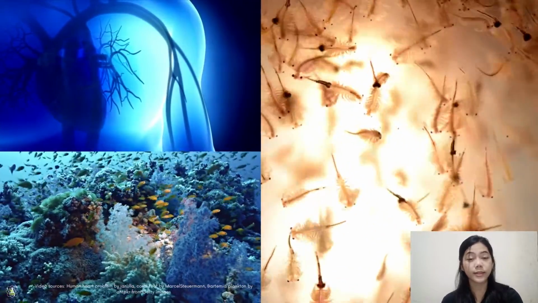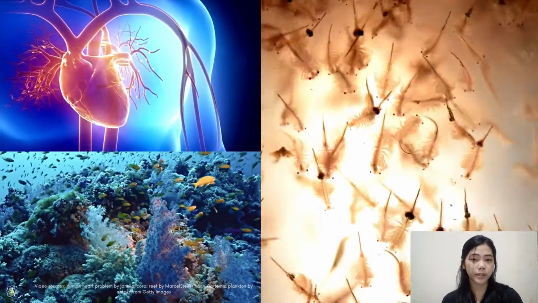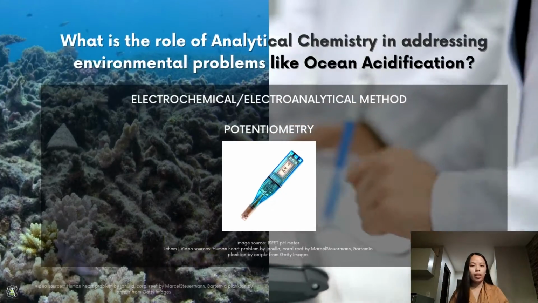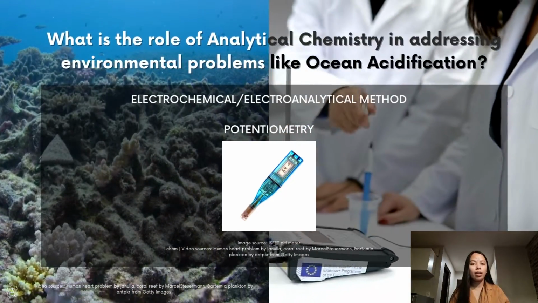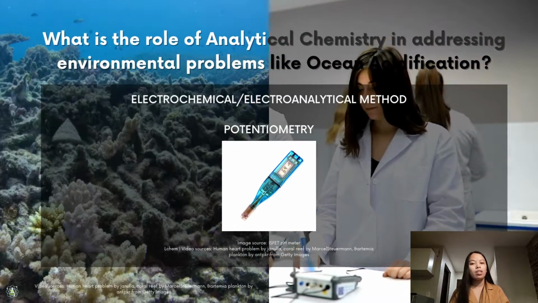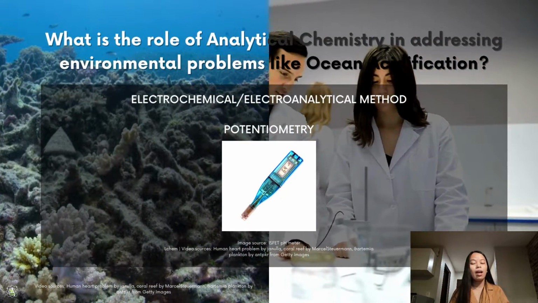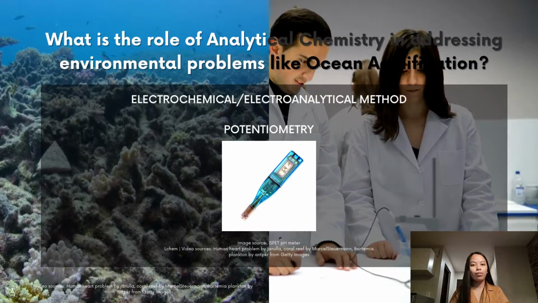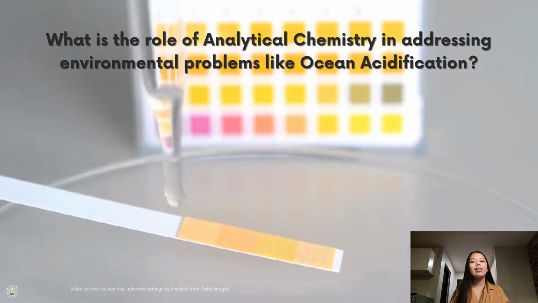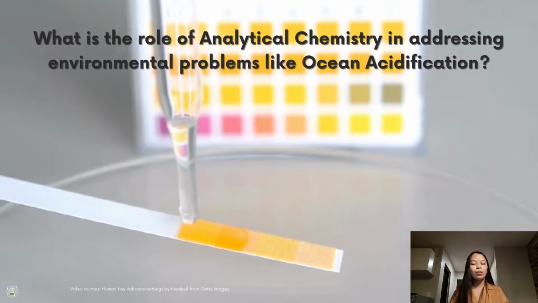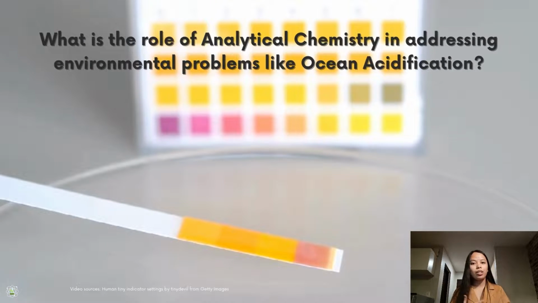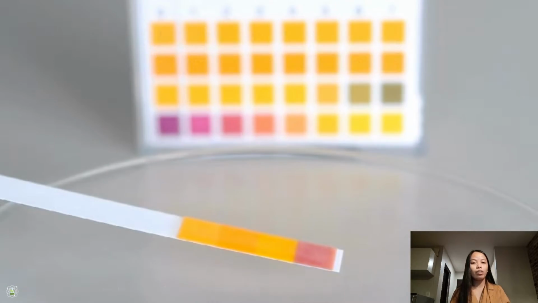But do you know how these are detected, studied, discovered, and measured? This is now where the significance of chemistry comes in. In ocean acidification, there is a method called the electrochemical method, which uses a potentiometric device such as a pH meter, specifically the ISFET pH meter. According to Harvey D., this measures the potential of the electrochemical cells under static conditions. Also, there is a use of pH paper and dye, which indicates the concentration of the